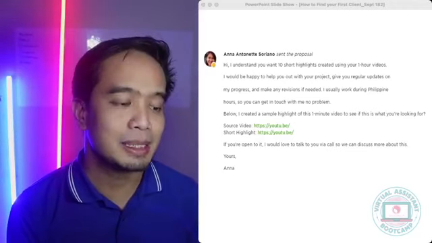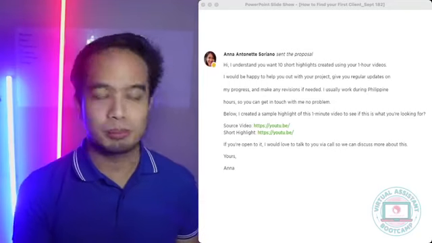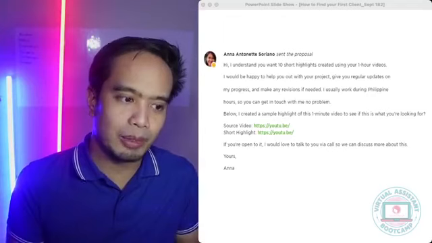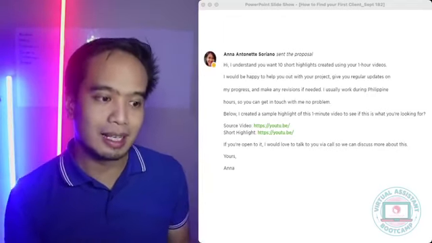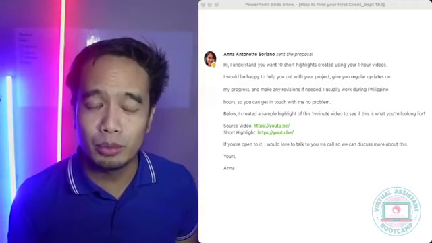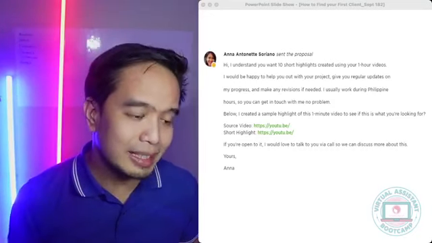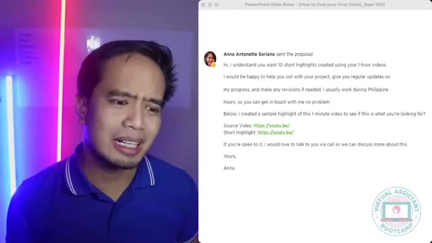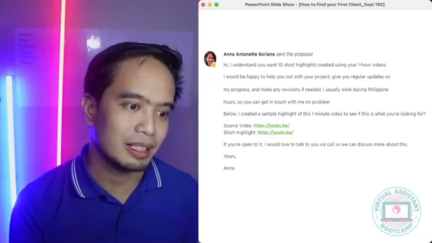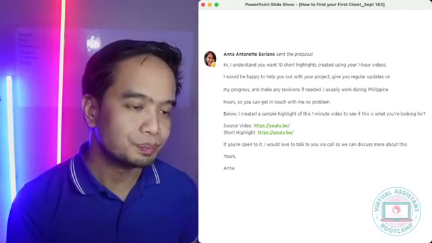Walang name naka-address. Minsan, hindi nakalagay yung name. Pero better if you can put the name, if you can research and find the name. Naka-focus sa needs ni client, diba? And I guess that's number one thing, is naka-focus sa needs ni client. Hindi siya, ganito ako. Diba? The client needs 1-minute video summaries, highlights, diba? And then may sample pa. Ito ba yung kailangan mo? Diba? With samples pa. So, yun. She already created the sample. Diba? Kahit hindi pa hiningi ni client. So, that's always a very good practice that you can also do.